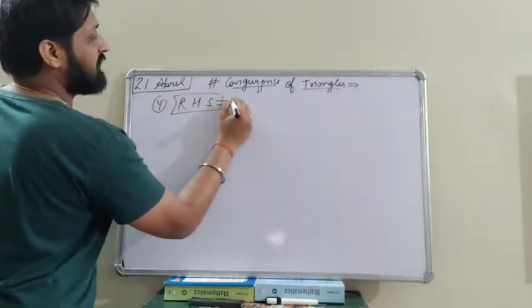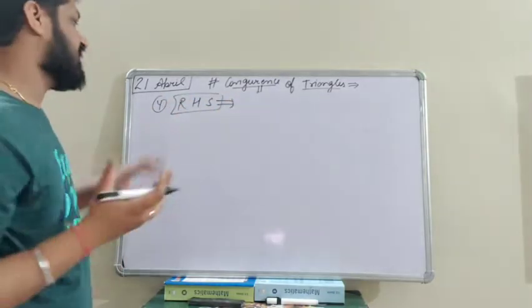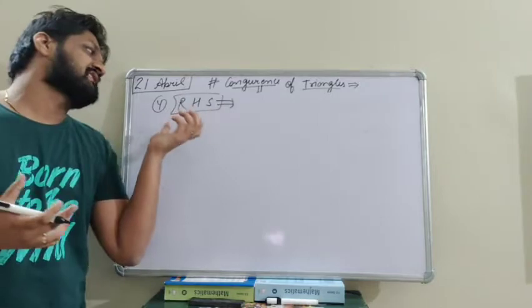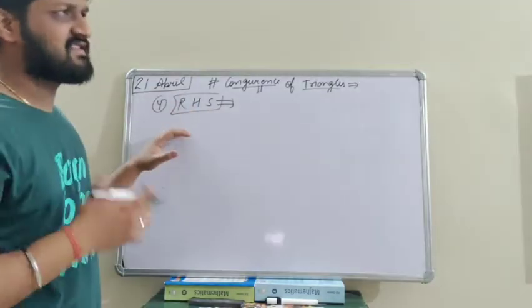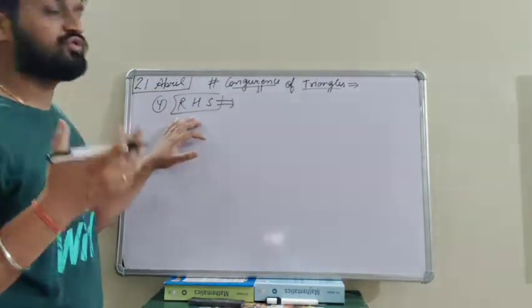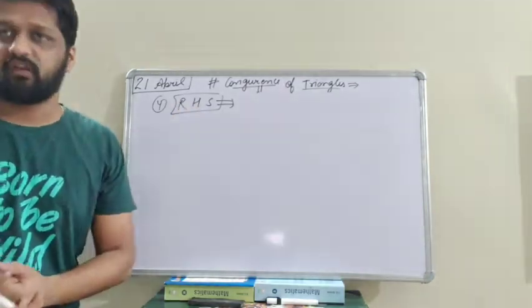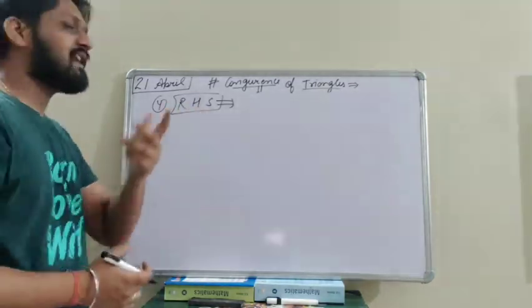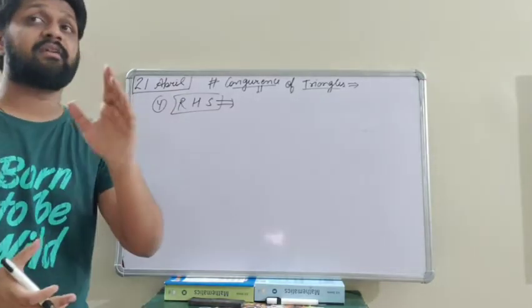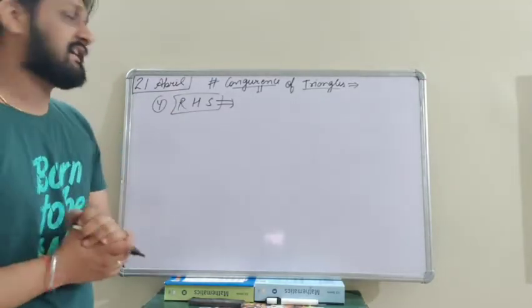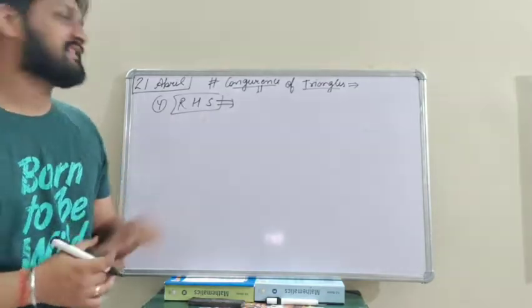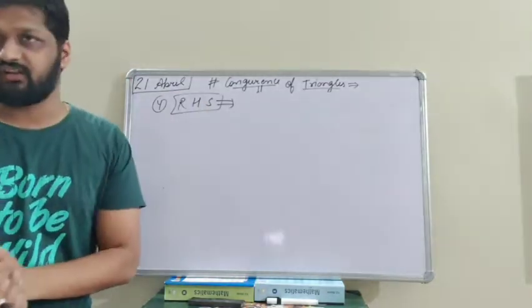RHS. Here, first of all, we have to know the abbreviated form, or you can say the full form, of RHS. RHS is the abbreviated form, and we have to know the full form. Until then, we do not have any idea what exactly we have to do. Here, R stands for right angle. Right angle means 90-degree angle. H is the hypotenuse, and S is any side of the given triangle.